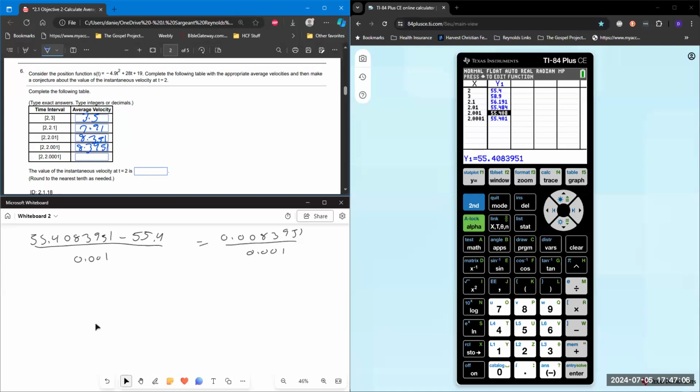Then this last one here is 55.40083951 minus 55.4 over 0.0001 is